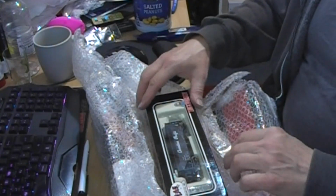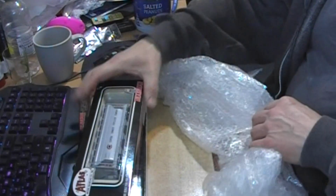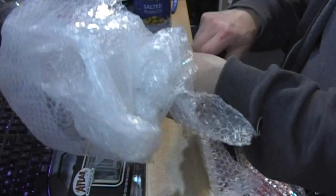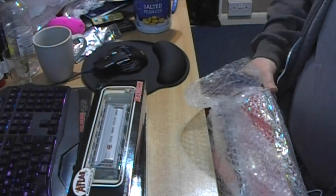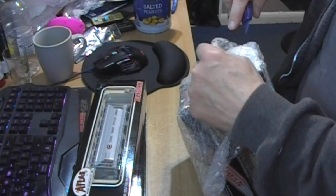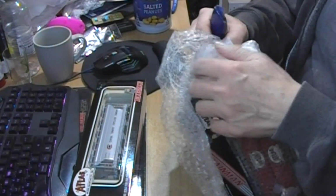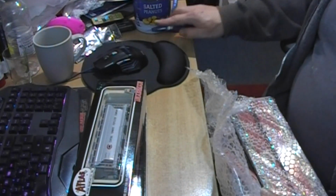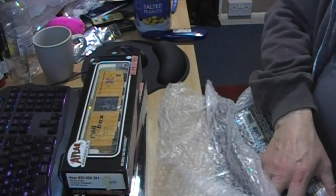We've got through the first layer, so as you can see it's multiple wagons of an American and Canadian flavour, and there was a couple in here that I wanted, the others not so much. The ones I wanted were worth looking at because of the starting price, which doubtless did creep up, but as you can see they're Atlas. They are the Trainman ones, so they're basic one, but